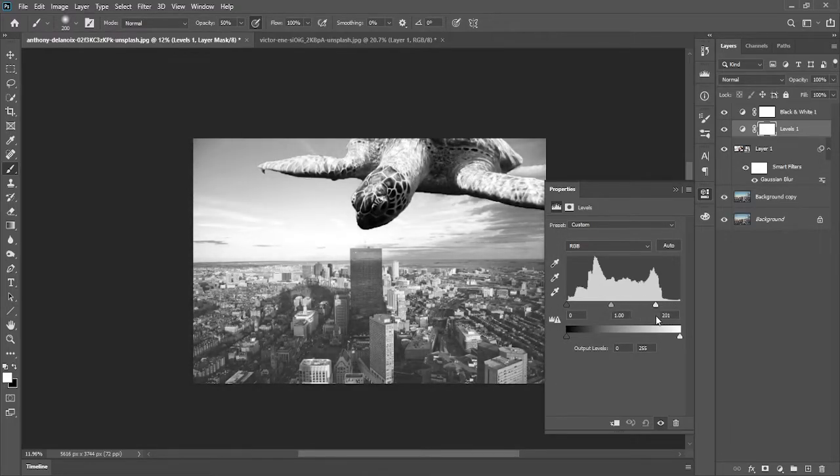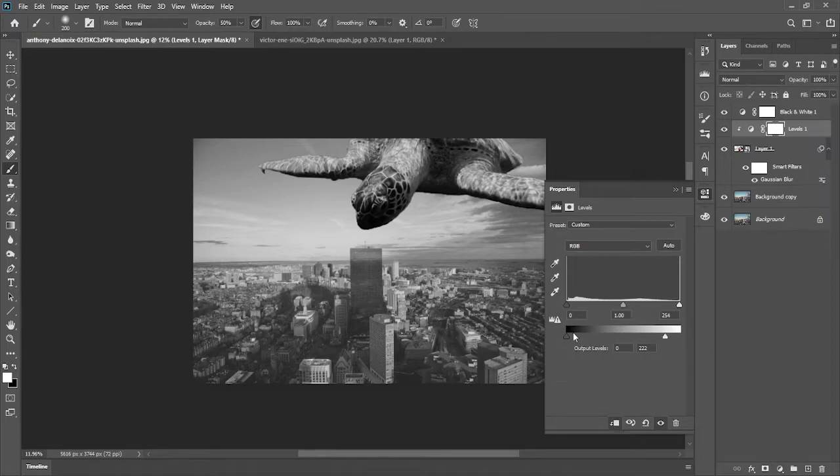Since when you're changing, the complete scene is getting affected, I'll click here to restrict to only the below layer, and now I'll be changing it a little bit. You can just reduce it a little bit, something to match with the scene, like wherever you can see these areas and these areas, these whites are somewhat not so white, they are kind of grayish, but on the subject the whites are very high. So we'll need to try to match this to the background to get a proper and